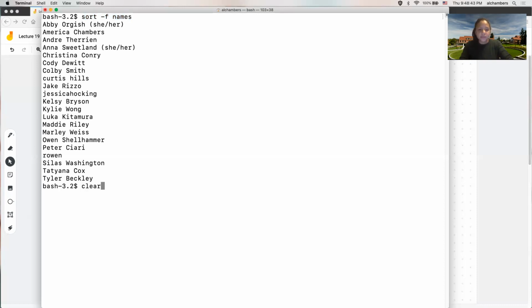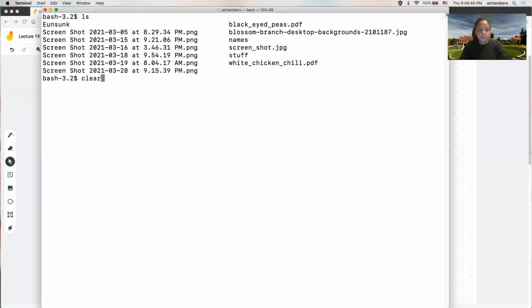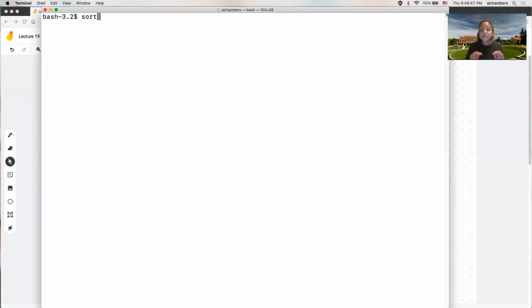Last but not least, this sort command has lots of flags that you could pass in. I don't have them memorized, but there's a program on my machine called man, which is short for manual. In particular, 20, 30, 40 years ago, if you were using the command line and you wanted to run a program like sort and know all the different options you could pass as a command line argument,